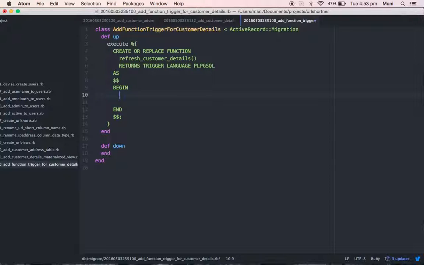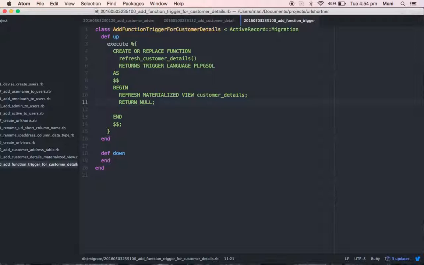So here is my refresh materialized view, and this is my materialized view name. Now what am I going to return?